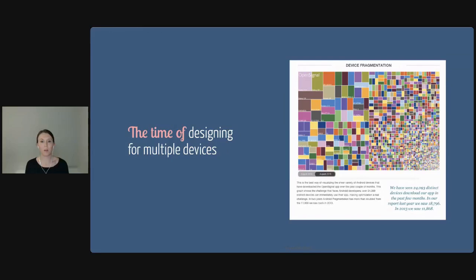In every single class I did for General Assembly, I included these visualizations from OpenSignal on Android fragmentation, and it showed a number of unique devices that access the OpenSignal's website, I believe it was. And it changed every single time. So there was more and more stuff that we needed to kind of account for, and more stuff that needed to be updated every single time.